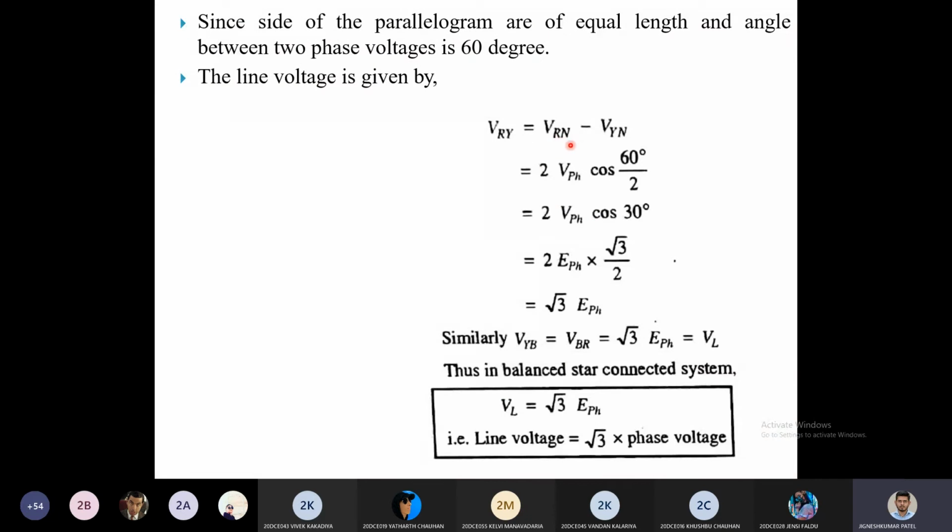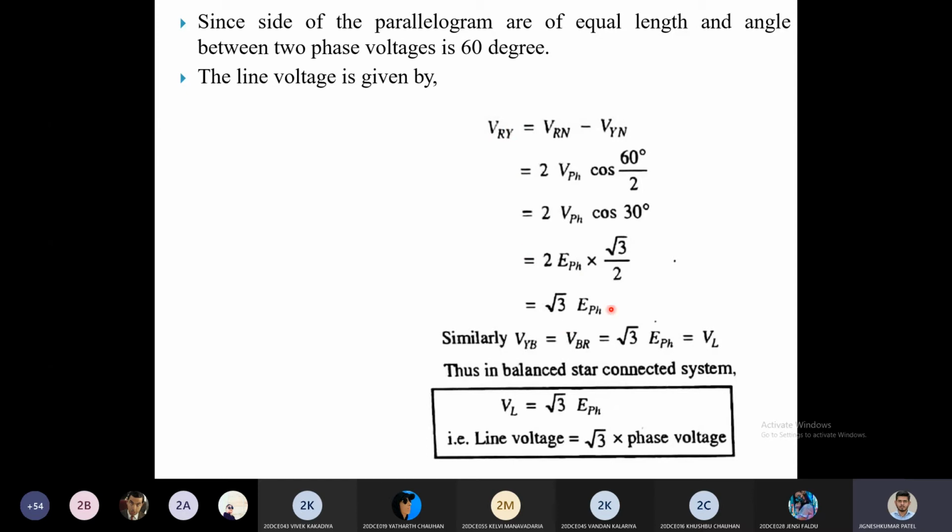Phase voltages would be the same. Okay, how is it the same? The maximum quantity, since it's a balanced system, the maximum quantity will again be the same. That's why we can write directly 2 V phase cos 60 by 2, and from this we can say the relation between my